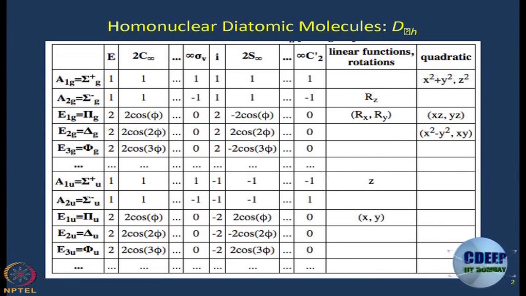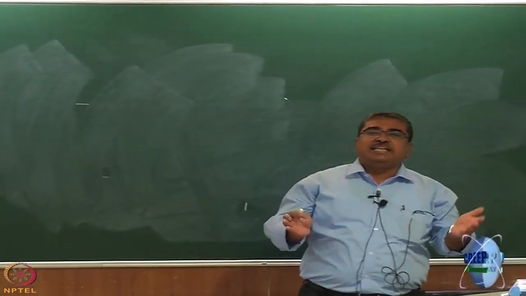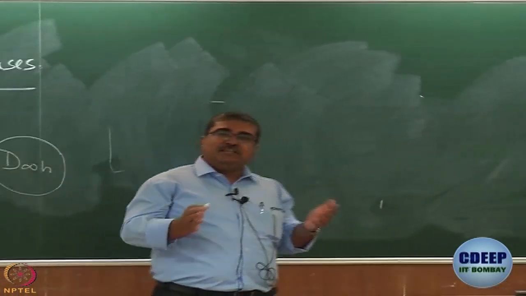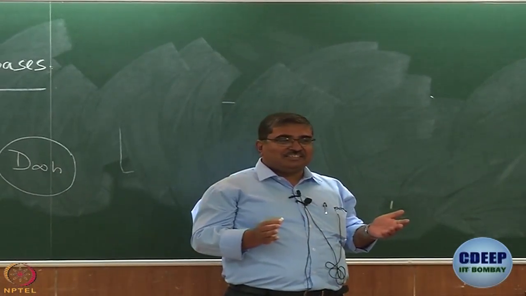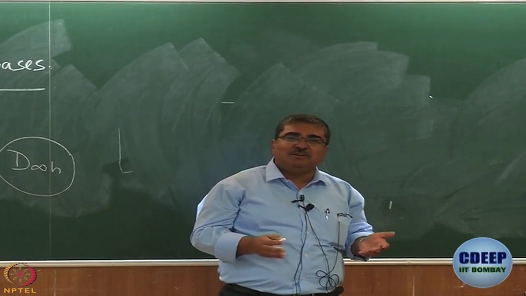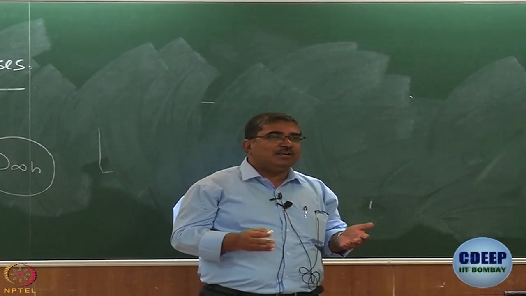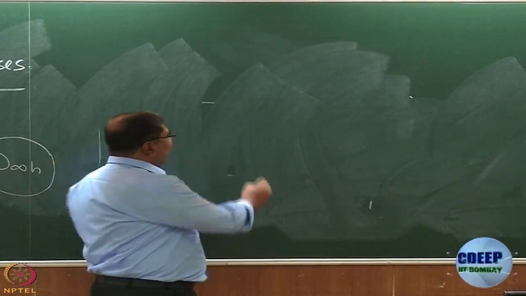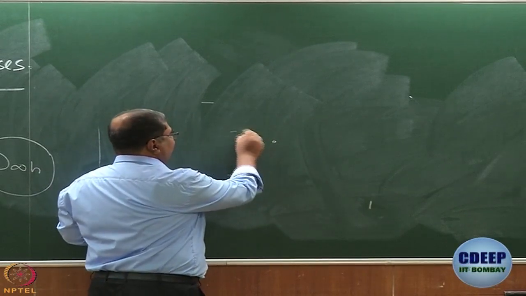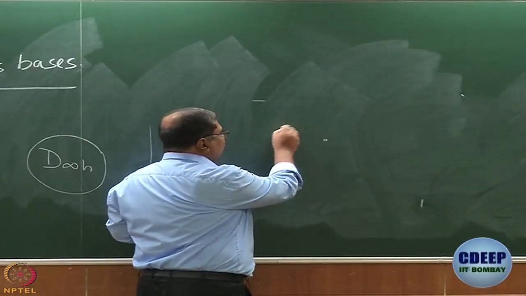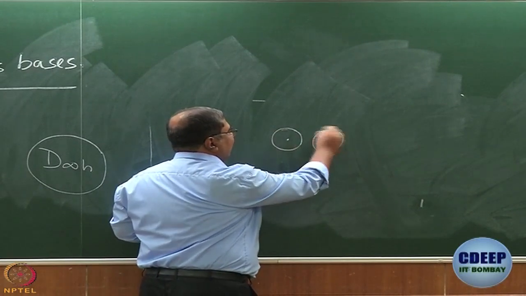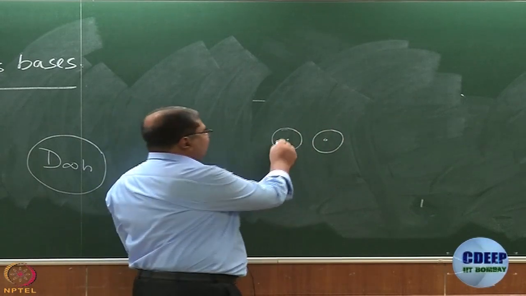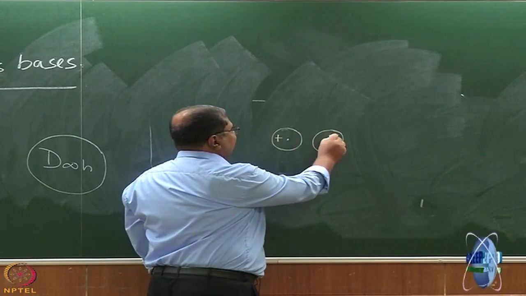Okay. Let us see. We are talking about H2, aren't we? D infinity h is H2. So, do you remember the molecular orbitals that we have all studied somewhere or the other, right? What is the lowest energy molecular orbital? 1s is atomic orbital. Okay. Some sigma orbital, right? What does it look like? This is 1s plus 1s, right? Actually, it is okay if I simply write this. I do not really have to draw an ellipsoid or something like that, but it is important that I write the signs of the wave function.